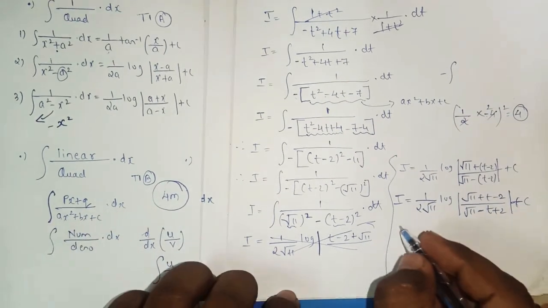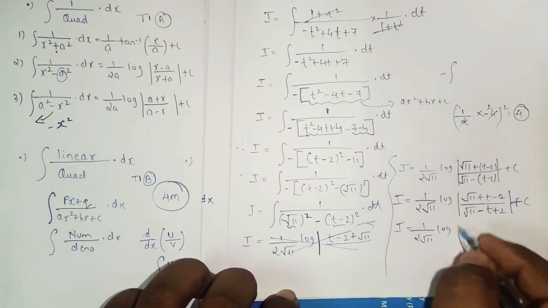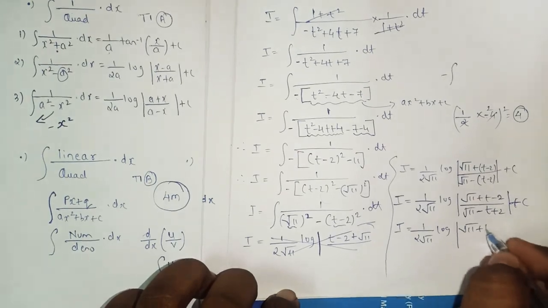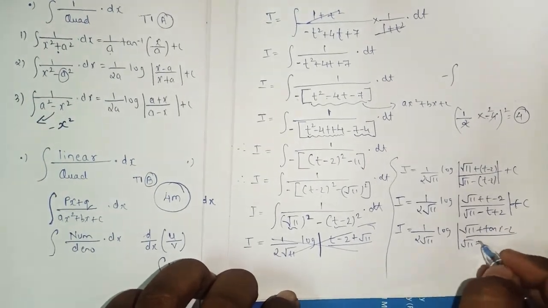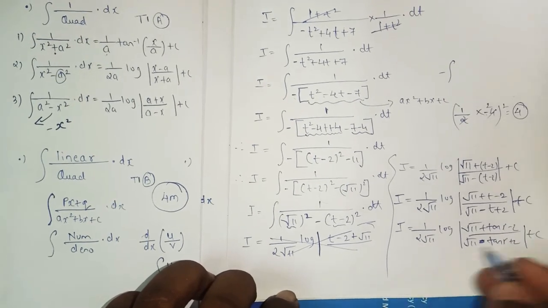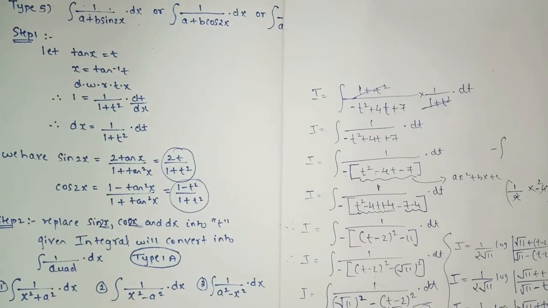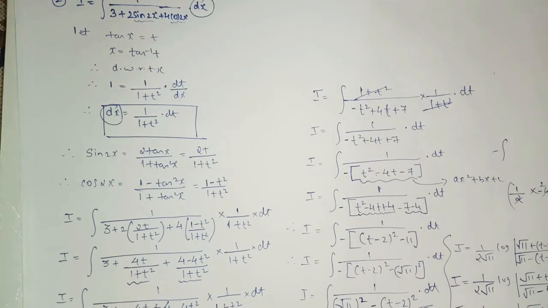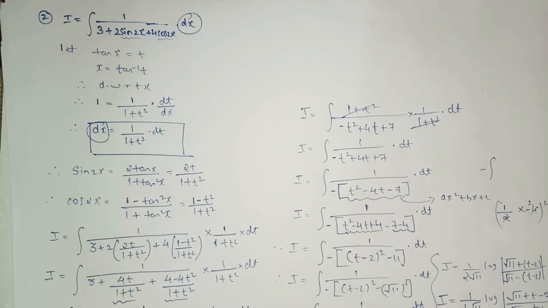And the last step will be what? Resubstitute the value of t here. So here you will get what? Log root 11 plus t, it was tan x, yes or no? Here also t will be replaced by tan x, and that's the end of the sum. I hope you all understood the sum also, when it contains both sine and cos, how to solve, how to present your sum in the board exam.